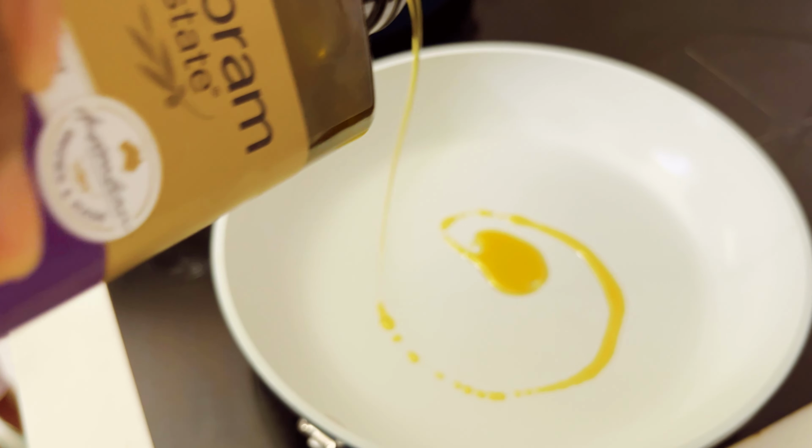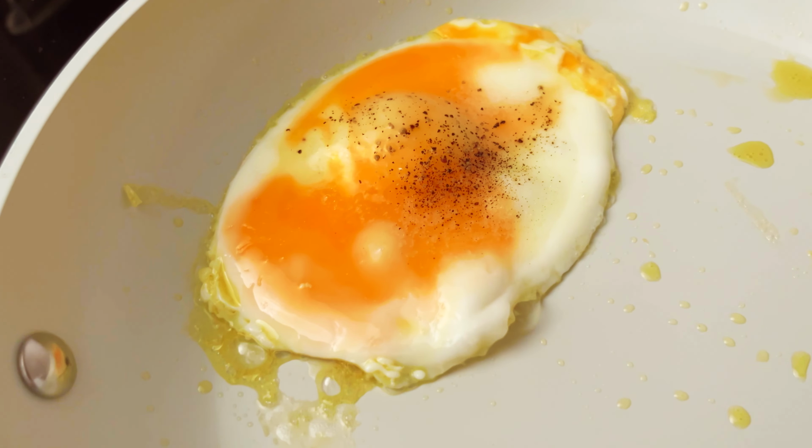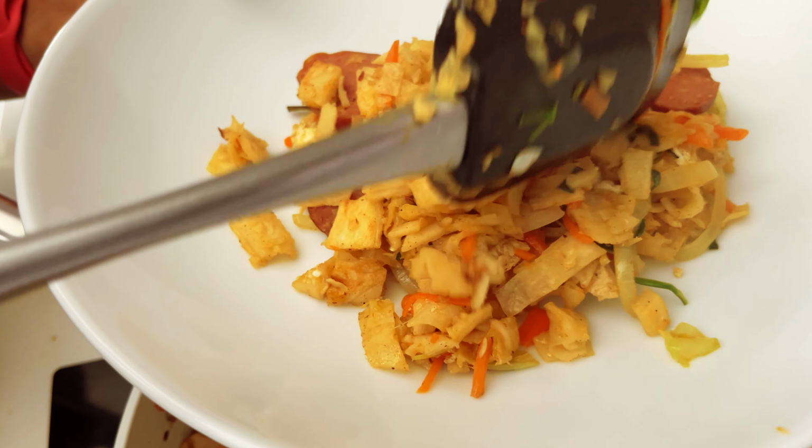Fry an egg, which will be placed on top of a steaming bed of hot kottu, garnished with spring onions